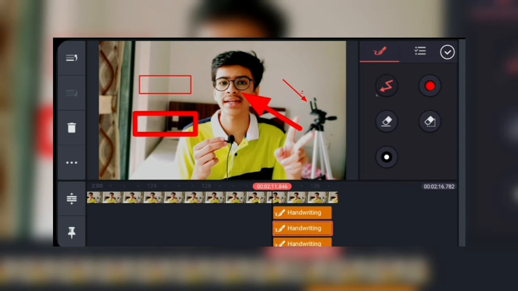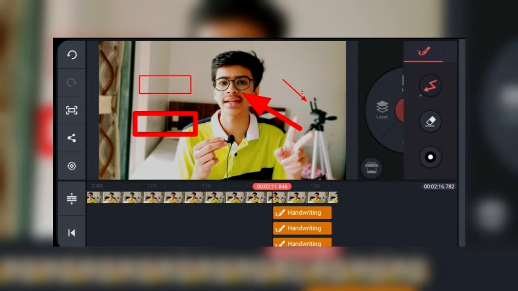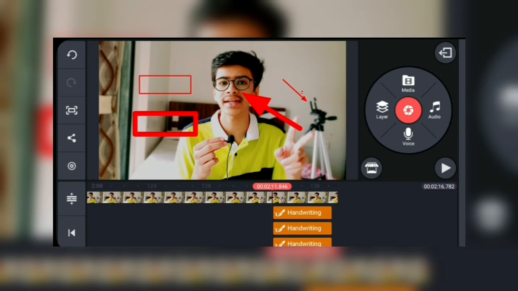So yeah, the boldness makes it more attractive, and your viewer gets attracted to that part of the video, and you can animate these things as well. So guys, I hope you find this tip important and beneficial as well. And yeah guys, another important trick, continuation.